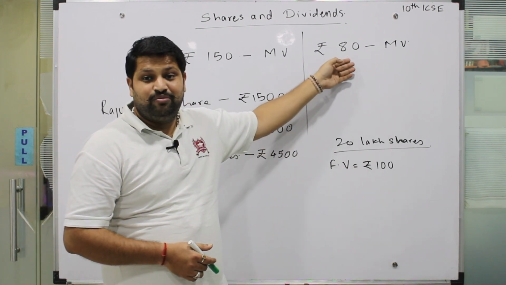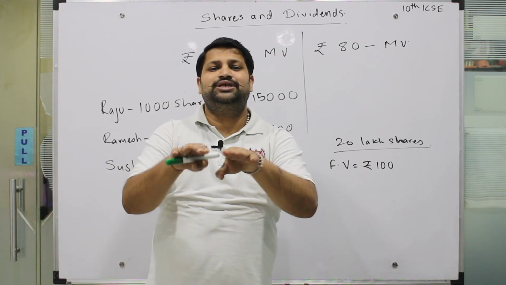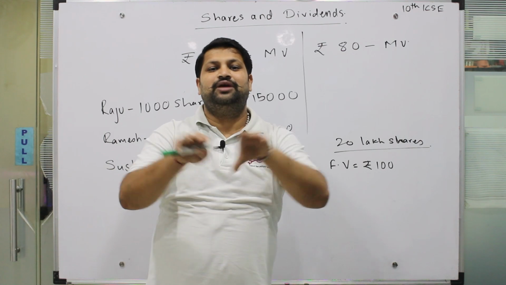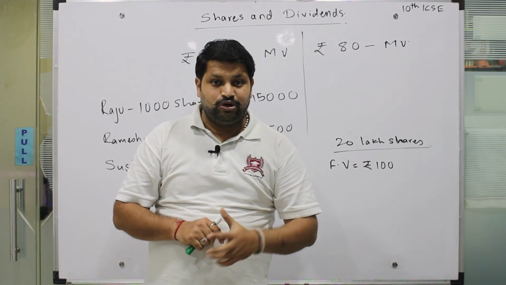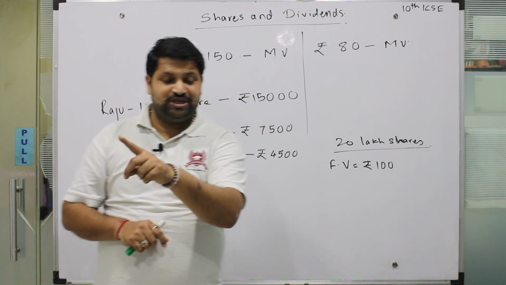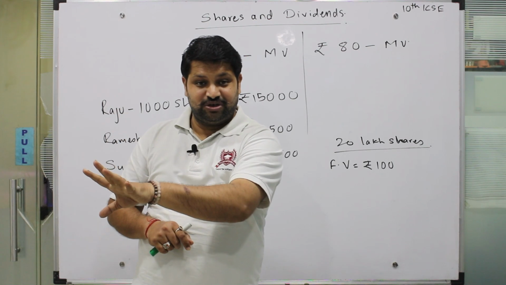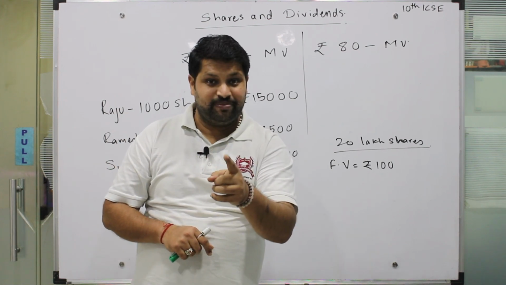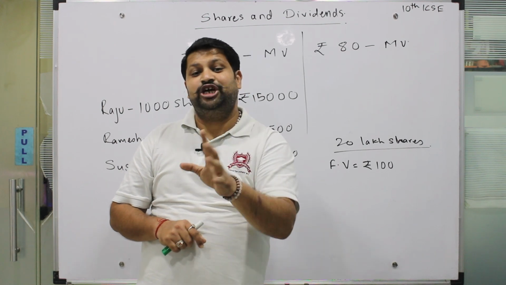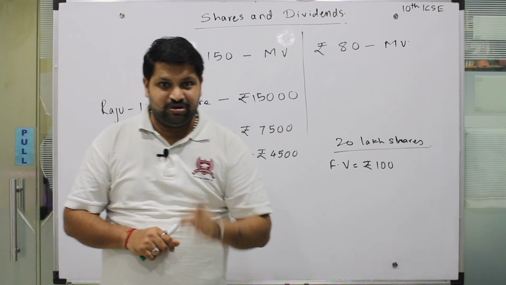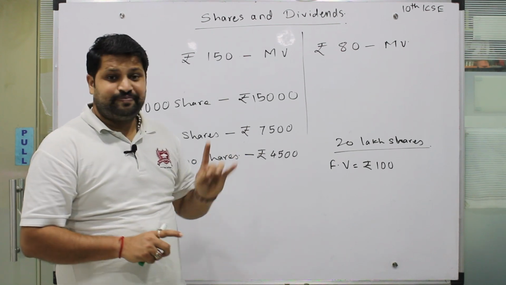अगर मार्केट वैल्यू कम होगी, we say that the share is at discount; अगर सेम होगा तो उसे बोला जाएगा the share is sold at par. So अगर मार्केट वैल्यू फेस वैल्यू सेम है, the share is sold at par; मार्केट वैल्यू शेयर फेस वैल्यू से ज्यादा है, the share is sold at premium; and मार्केट वैल्यू फेस वैल्यू से कम है, then the share is sold at discount. तो यह बहुत इंपॉर्टेंट चीज है जो आपको ध्यान में रखनी है when